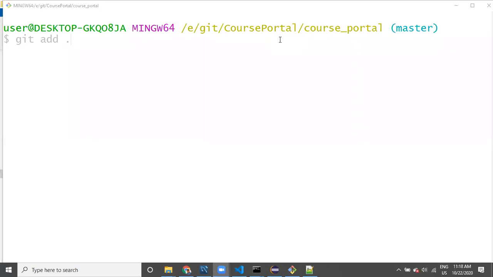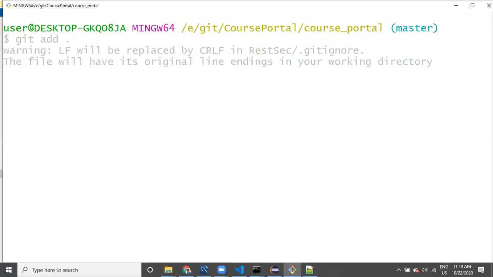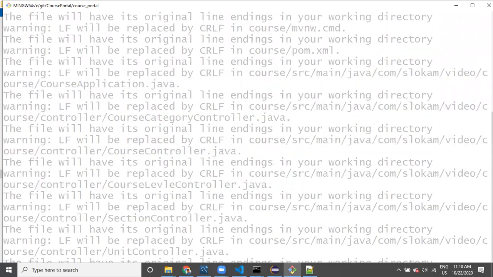So first you have to mark them. Instead of providing every file, you can specify the folder or file name, so that those specified files and folders are going to get added. Now if I say dot, then all the files are going to get added, so they will be marked.